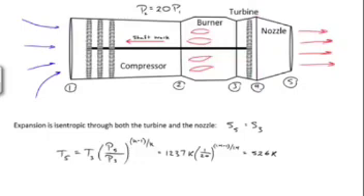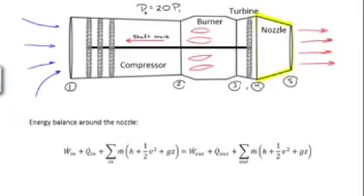All we know is that the pressure at point 5 is 20 times less than the pressure at point 3. So we do know that pressure ratio, so that allows us, based on the fact that we know the temperature at point 3, to find the temperature or the enthalpy at point 5. So because we know the enthalpies at 4 and 5, we're in a position now to do an energy balance